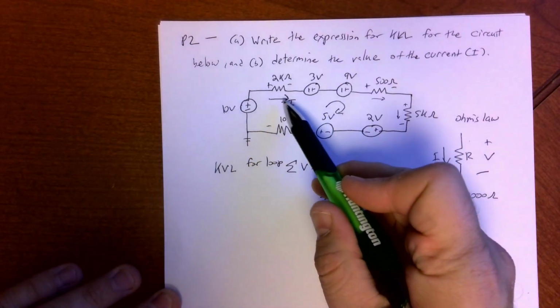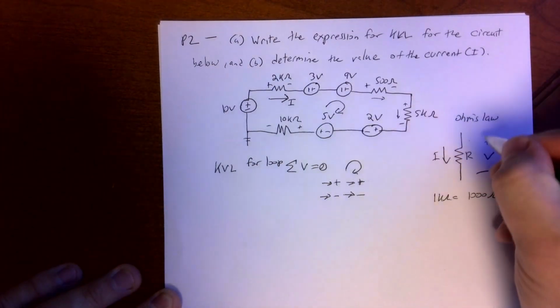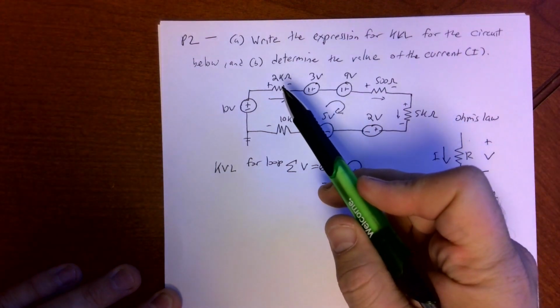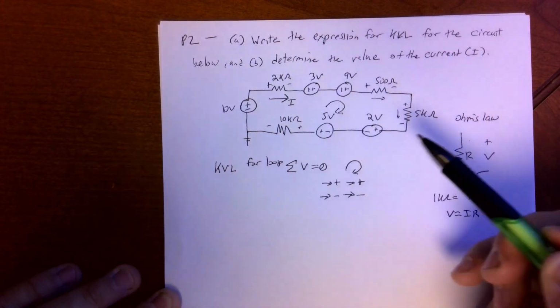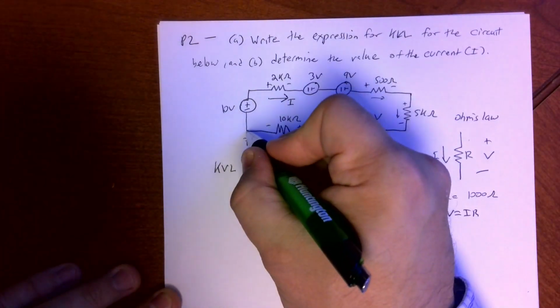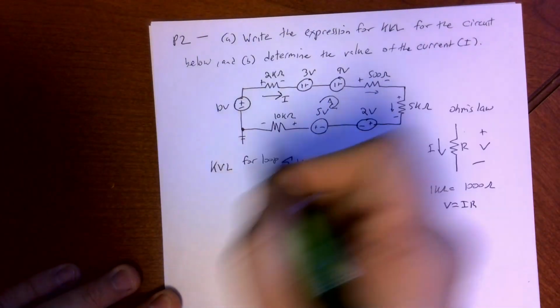And we could label each of these as V1, V2, V3, V4, but since we know that V is equal to IR, we can also substitute in, right? Which we did in problem 1. So now we can simply go around the loop and write up our additions. So I again like to start in this corner. So if this is loop A, we can say for loop A,